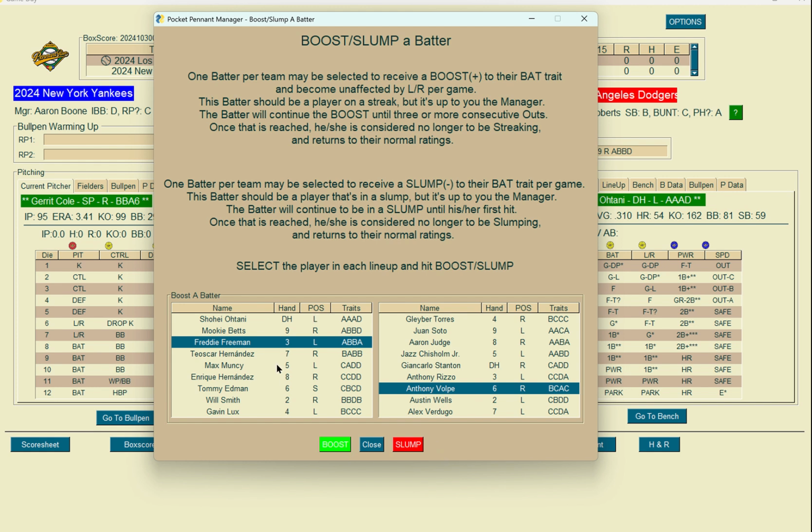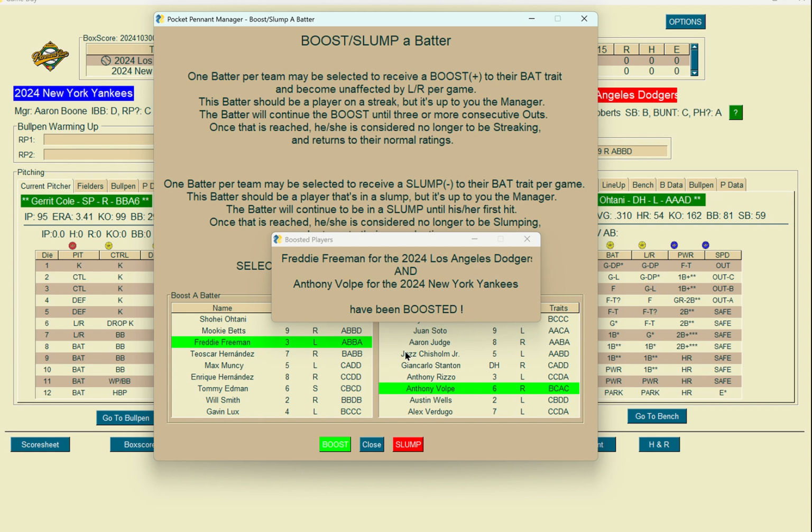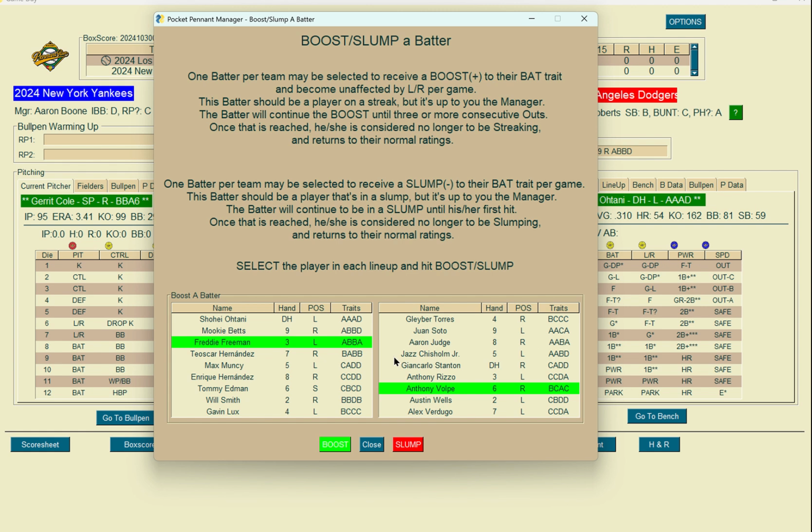So you highlight the players you want, or you can just give one player a boost if you feel nobody on one team deserves the boost. That's again your rules. We press boost, and you'll get the message there that both of those have been boosted. You close that, and then the 2 players that were in the slump were